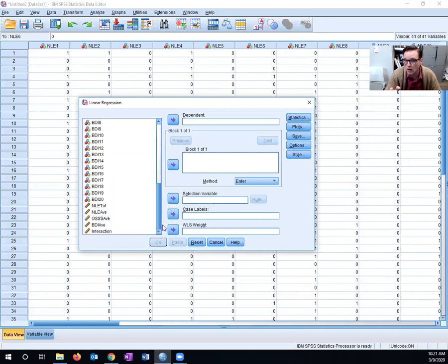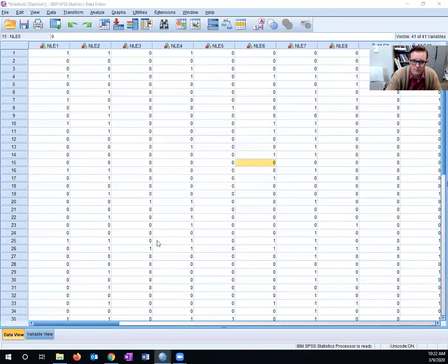Because our outcome variable, what we're wanting to predict, is depression, we're going to put that up here in the dependent box, even though it's not truly a dependent variable because we haven't manipulated anything. But it's what we're trying to predict, so it's our outcome variable. Now we're going to look at its relationship with negative life events. So we're going to try and predict depression from negative life events. Okay. I've got those two variables in there. I'm going to click OK,